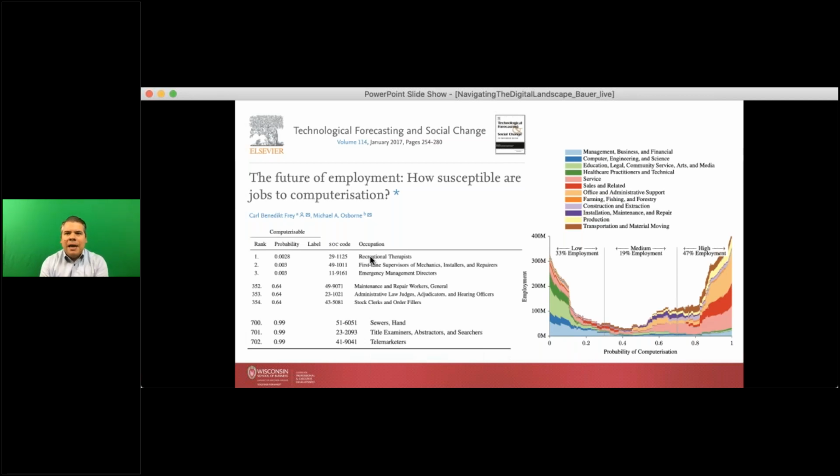One helpful article that we like to talk about here is by Carl Frey and Michael Osborne, two researchers from Oxford University in Britain. They have published this paper, "The Future of Employment: How Susceptible Are Jobs to Computerization?" And in this article, what